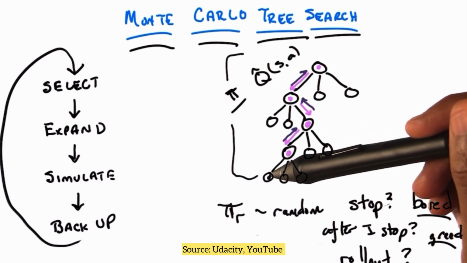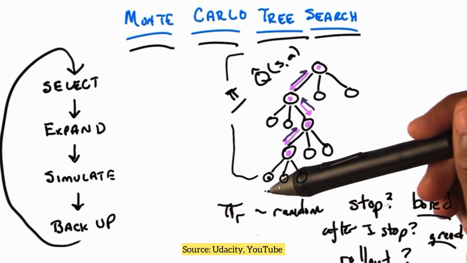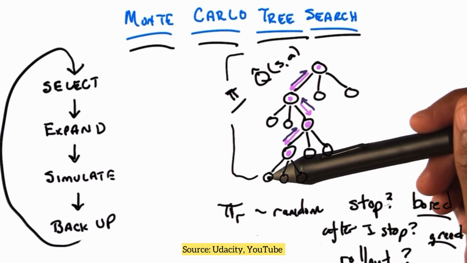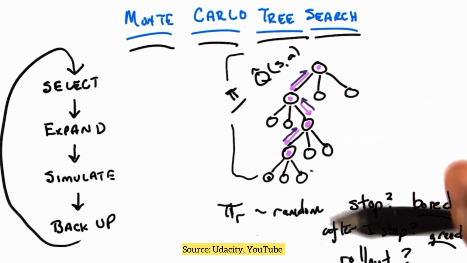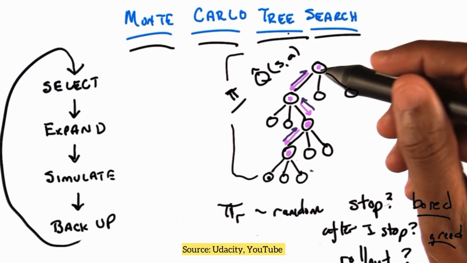And the way you're going to do it is, I'm going to say, well, I know how good it is to be here by behaving randomly from that point on. That'll give you probably an underestimate of the true value, but it would be nice if you could do something that perhaps made a little more sense. So people who've done work on MCTS have often put some effort into lots of things,